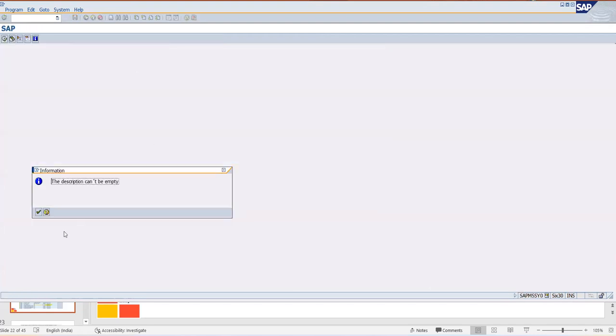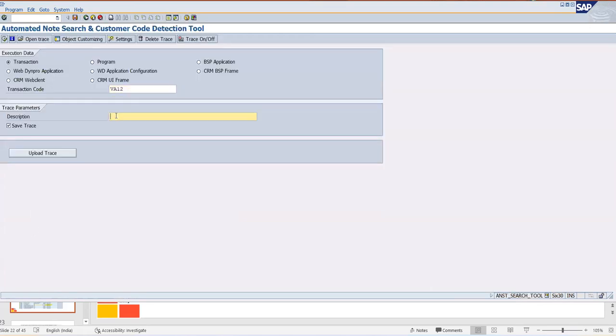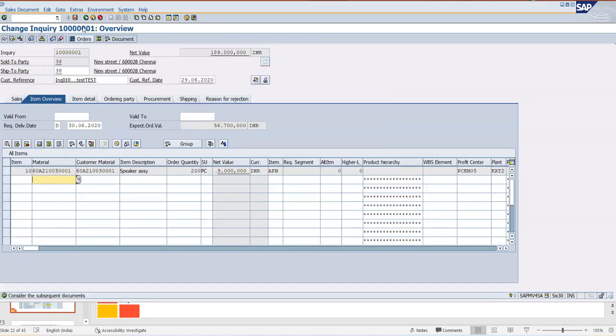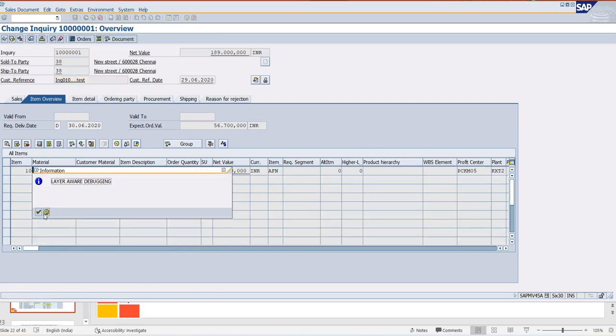So you can use any tool. Copy this, paste it, run this, enter this, and again do some changes over here. Click on this save button and click on this. Okay, this is due to the user exit. All right,